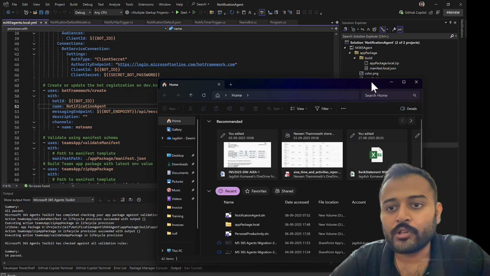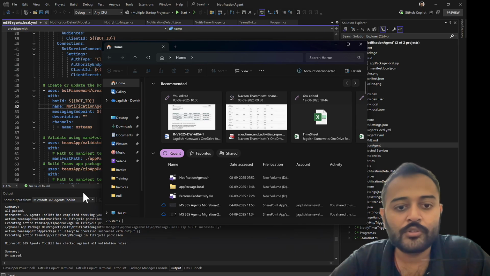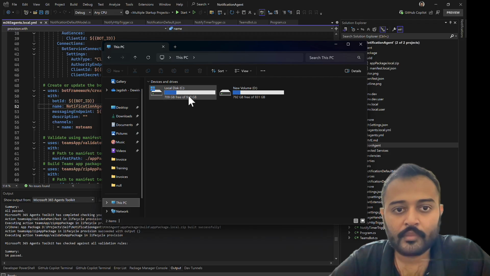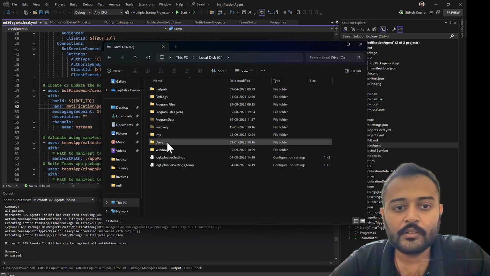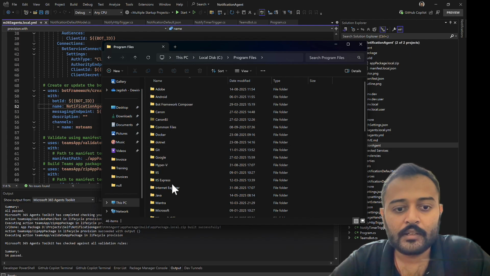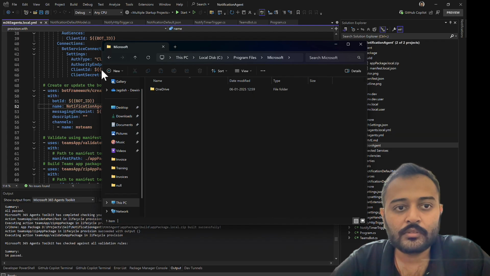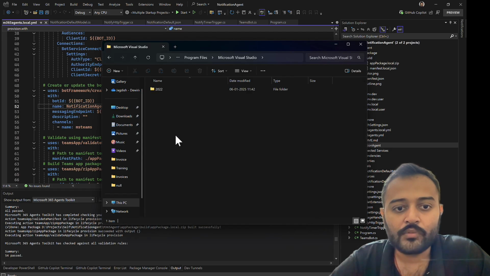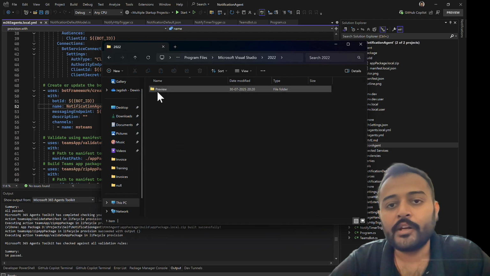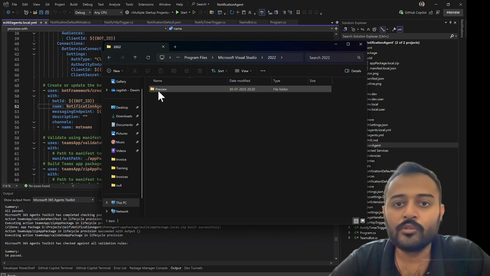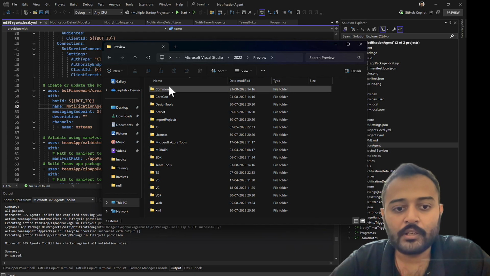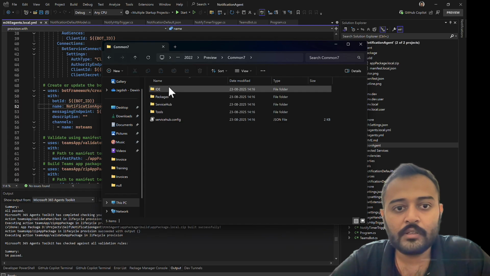You go to your file explorer. If you have the latest version of Visual Studio, Azurite is inbuilt. You just go to C drive, I think it's Program Files, next is Microsoft... no, not Microsoft, it's Visual Studio. Yeah, Microsoft Visual Studio 2022. And depending on your version, either it is preview, professional, or enterprise. It all depends. Preview, then next is Common7, IDE,